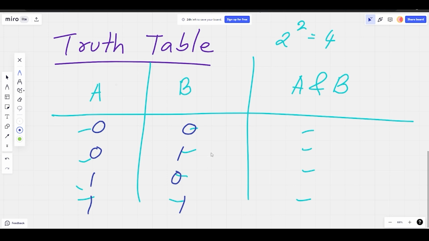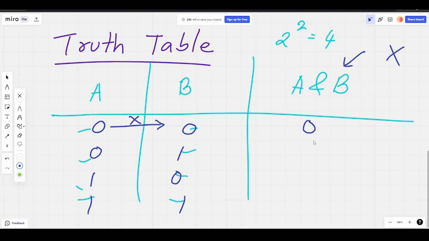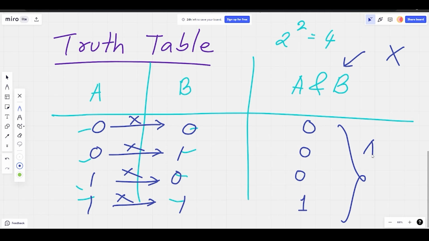Now how it works is, you can think of it in a very simple way. If you're not able to memorize this, you can simply think that the truth table of AND is simply multiplication. That means I take these two and multiply, and I get 0. These two multiplied give 0. These two multiplied give 0. And these two multiplied give 1. So this is the outcome of a bitwise AND for certain inputs.